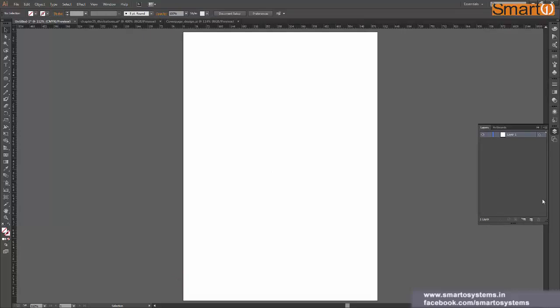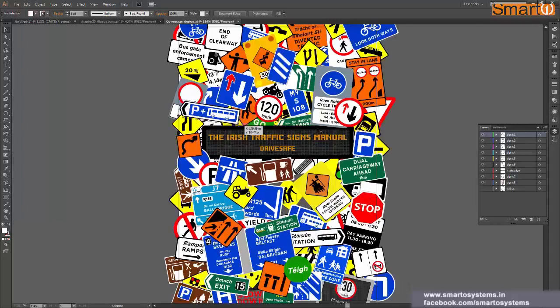Now looking at this panel, it's almost similar to the Artboard panel. Let's say if I switch to the Artboard panel, it looks almost similar, we just have a few extra things in the Layers panel. So let us see what all it does. It will be a good idea if I explain everything on this example itself. Okay, so let's first see how this file is arranged.